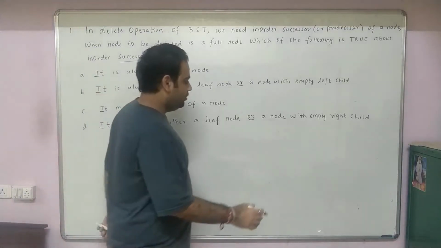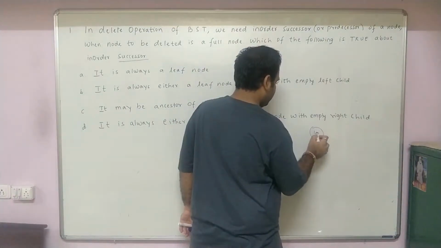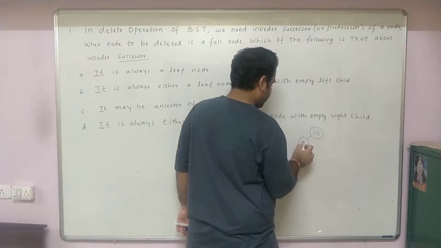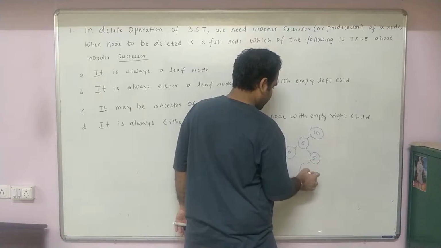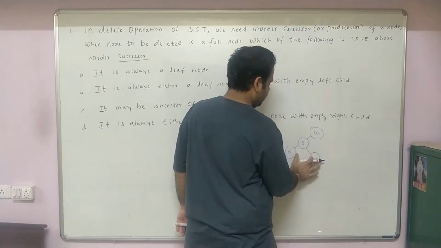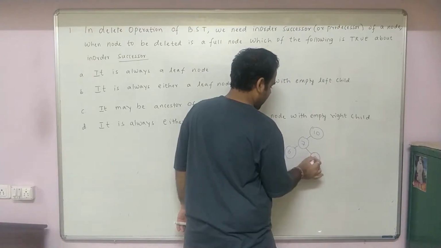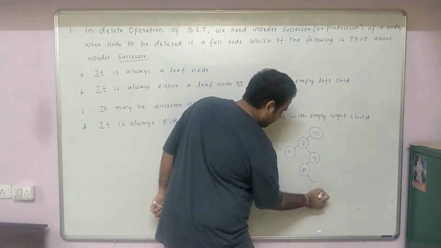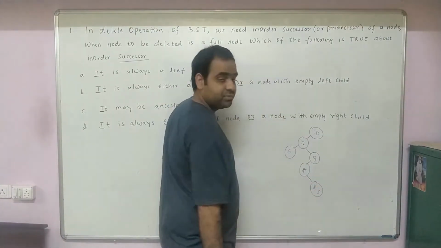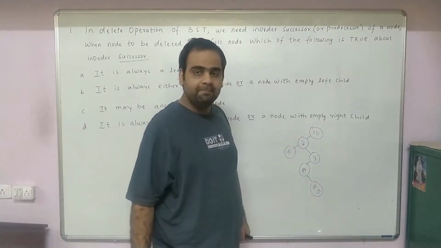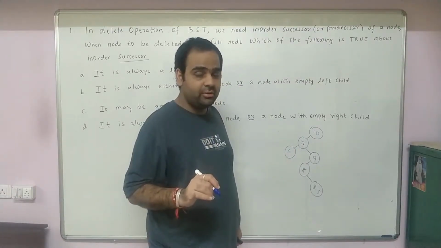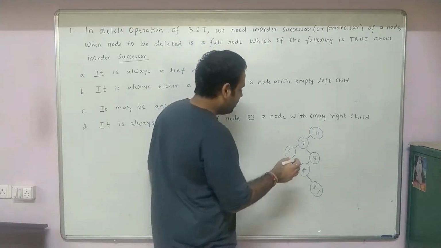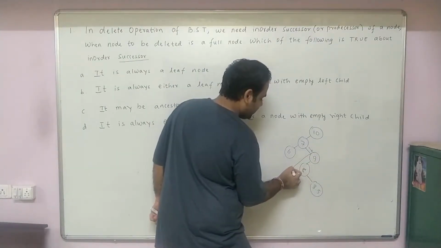Okay. Now suppose this is the binary search tree 10, 8, 6, 5 and this is binary search tree, right? Let me write 7, 9 and 8. And here you may have 8.5, okay, because it is greater than this. Now if I want to delete 7, you have to find the in-order successor. And what is in-order successor? You have to go towards the right and the extreme left.